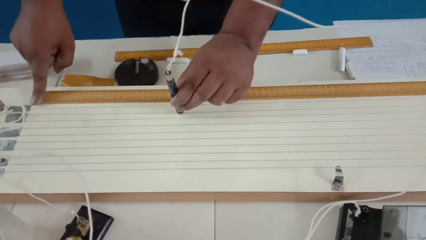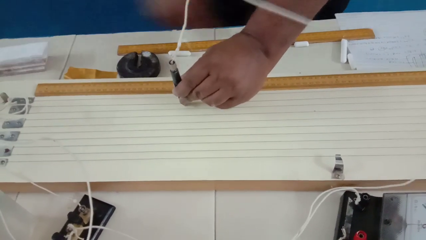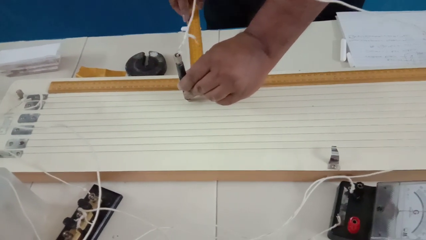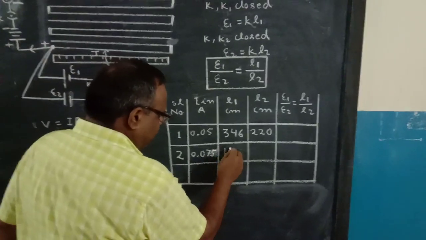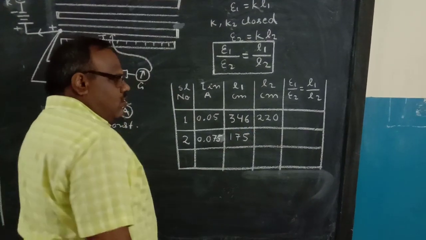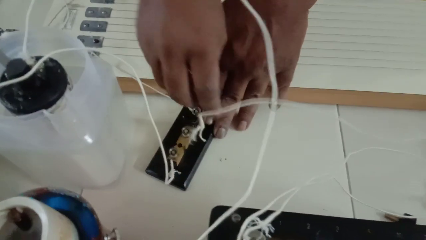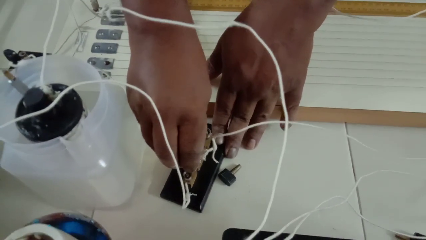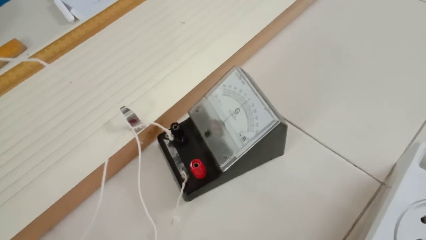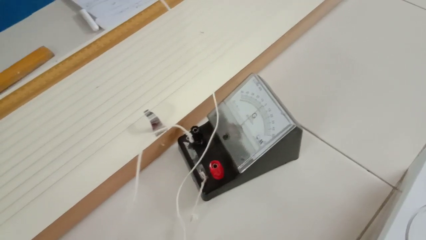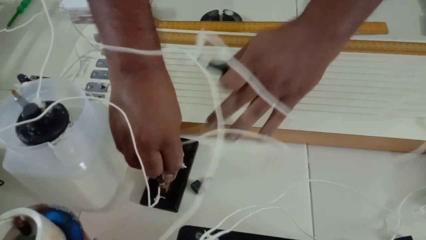It is coming from this side. This is 100, so from this side I am taking. This is coming 175, because on this side I am getting 175. Now L2. Let us see L1 first. L1, I think that will be close also. Okay, it is coming. Now it will be here, suppose.